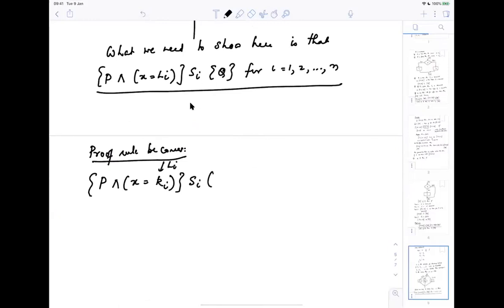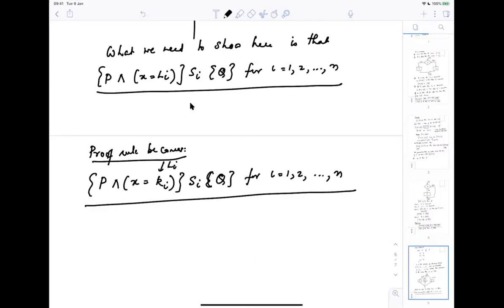Si, Q for i equals 1, 2, n, then we can say that P and X belonging to K1, K2, any one of these values,